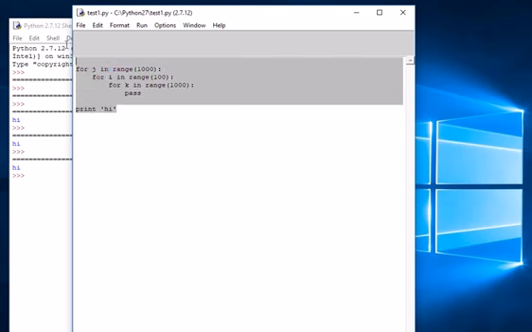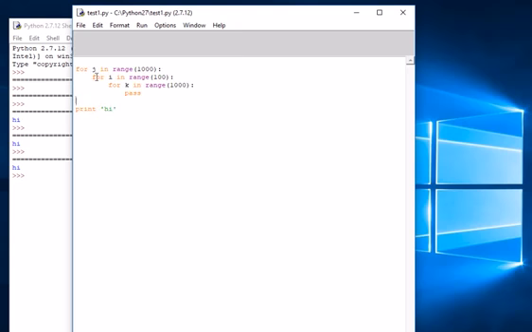Let us try something else. This is using for. Now you can insert an if statement and make a program to find whether a number is prime or not. Let us try that program.